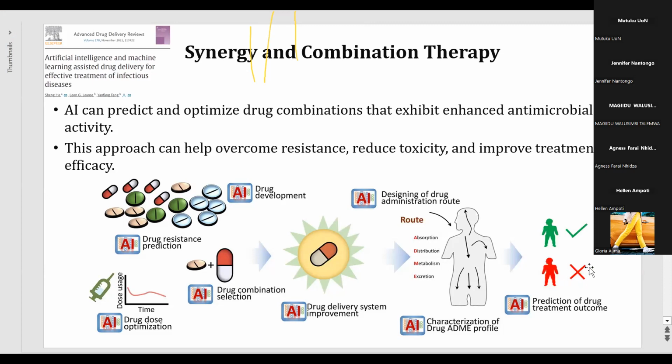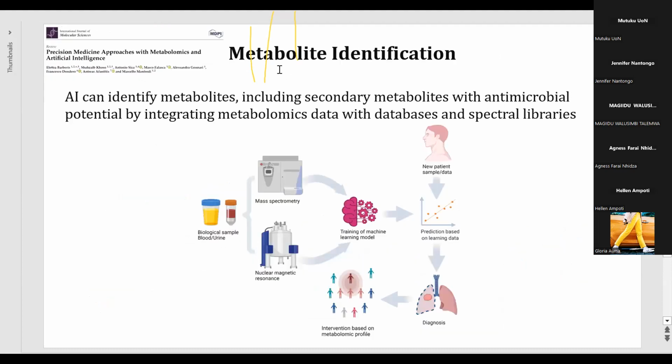So for one person, that drug might not be a good one. He might show some toxicity effect, but for this person it is showing a very good effect. That can be predicted. Also, AI can predict for metabolite identification, that is identification of new metabolites. And this is done by integrating the metabolomics data, that is the mass spec data, with the databases and the spectral libraries. One spectral library is the NIST library,